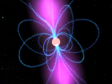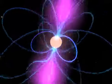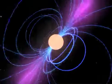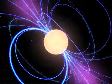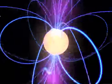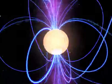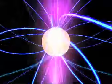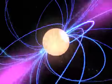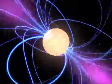While lightning storms are certainly powerful, they are actually tame compared to the energy that can be involved in electric discharges in space. One place to look for extreme electrical flows is the spinning dense core of dead stars known as neutron stars. These objects roll around at incredibly high speeds and also have very strong magnetic fields. This creates enormous electrical voltages, as in more than 1,000,000,000,000 volts. When these cosmic supergenerators release these giant amounts of energy, they can light up clouds that extend for trillions of